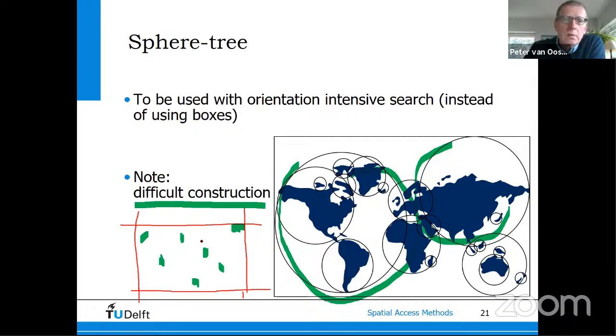But okay, what is the minimum bounding circle? And where is the center of the circle? How many points will be on the boundary? So looking at this scheme, I would say the center would be about here. These 3 points would be on the boundary, and that would give me a circle like this. Okay, I cannot draw so neat, but